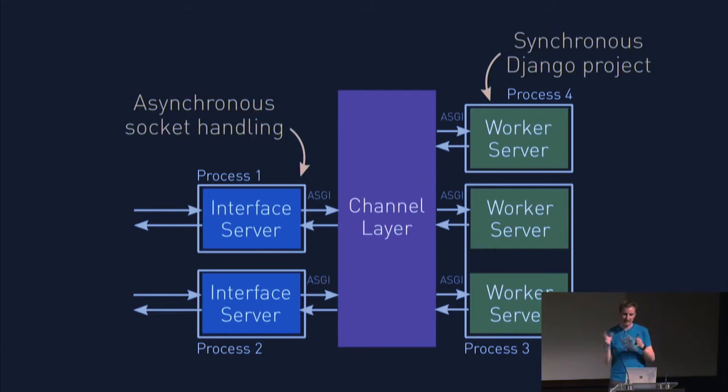It's the combination of that, a middle channel layer, which is the message bus in this situation, and then Django workers. And channels is the name of all 3 of these, but the protocol by which they talk to each other, the thing the channel layer in the middle is built on, is called ASGI, which is a backronym for Asynchronous Server Gateway Interface. Don't blame me, actually do blame me for that one.